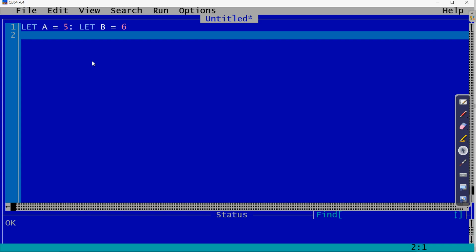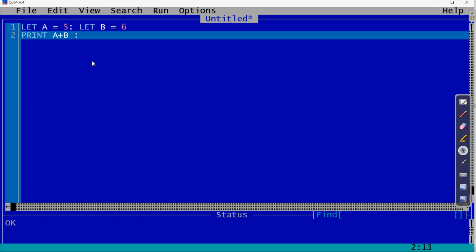So in the first statement we have assigned value 5 to variable a. Then let us print this. So if you want to print, we use the print statement, then print, suppose we want the sum of these. So a plus b. Okay, so a plus b, these are the sum of the numbers.